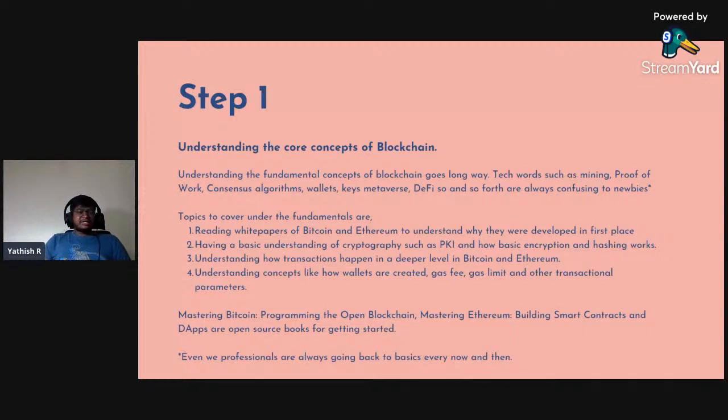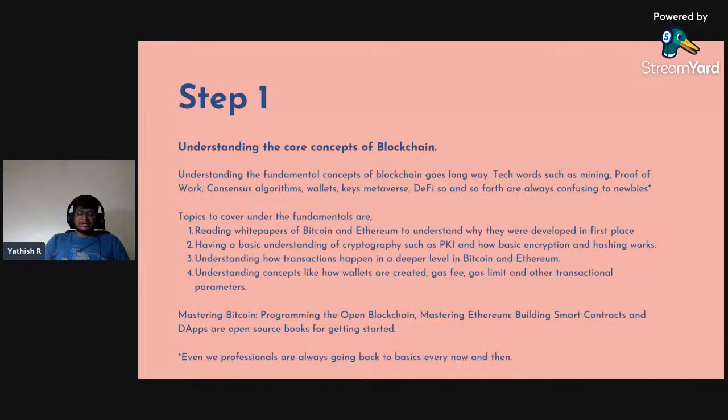And next one, understanding how transactions happen at a deeper level in Bitcoin and Ethereum. The four steps that I showed you in the starting are just the basic transaction level, but there is a much deeper level of understanding that has to happen, like how proof of work works, how proof of stake works. So these are the different kinds of transactions that happen at the time, right? So it's better you guys understand these, and concepts like wallets, how wallets are created, gas fee, gas limit,